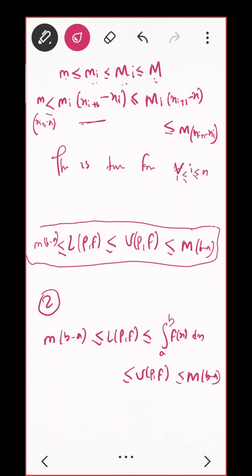Yes, anyone? That is simple. You can talk about f of x. f of x is lying between small mi to capital Mi. Correct? And that is less than equal to capital M, and that is less than equal to small m. Do you see that? Same relation, but what extra did I do here in between? I am including f of x. Correct? That is how you should argue. Okay.